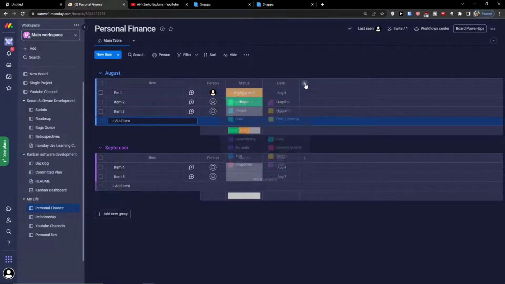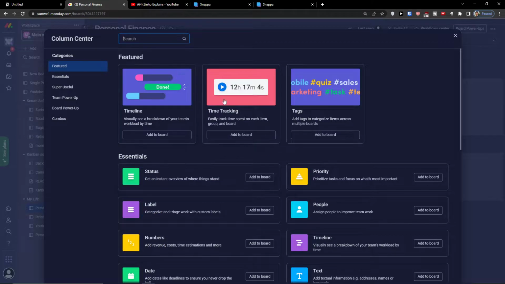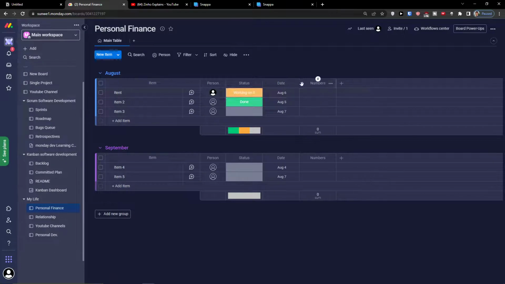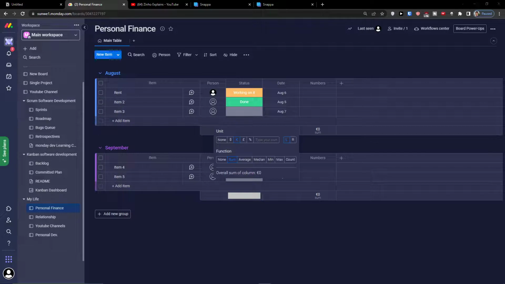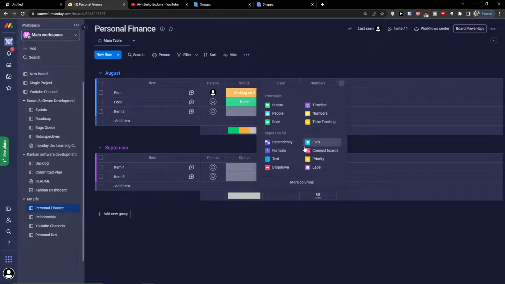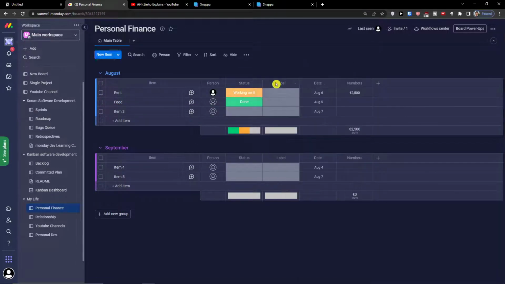And what I can have is a plus here. And let's say this is going to be not price, but number, and I can have like how much it's going to cost me. So here I can have a number, 2,500 euro. Then I can have food, and then I would have like not status here, but I can add another label, and this label would be called